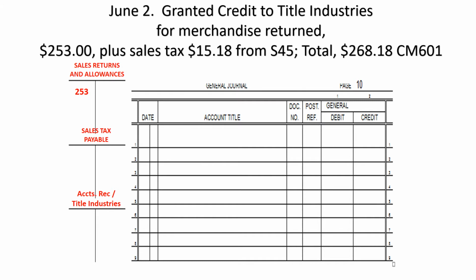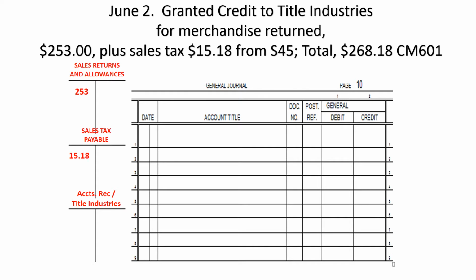Going back to my example of book value, if you have an A in a class and you get a C on a test, your grade in the grade book might still be an A, but you know that your book value is going to be much lower than that because of your current test score. So again, that's sales returns and allowances. It's a debit account. So then next we need to lower the liability that we owe Uncle Sam for sales